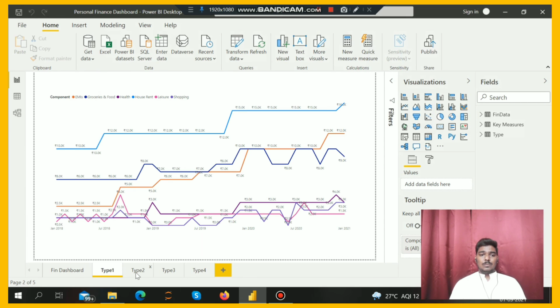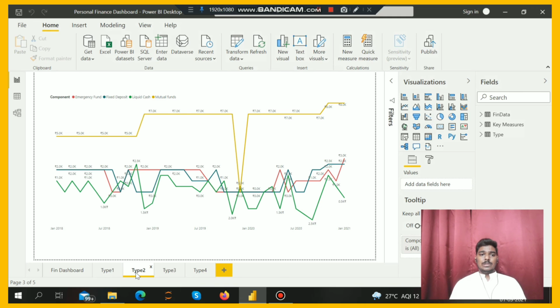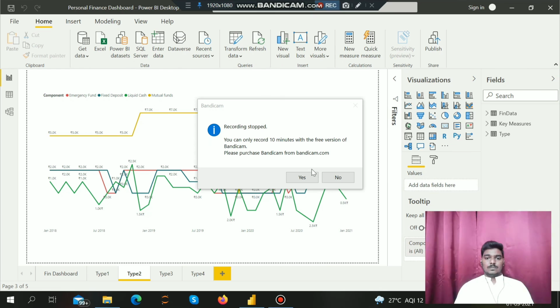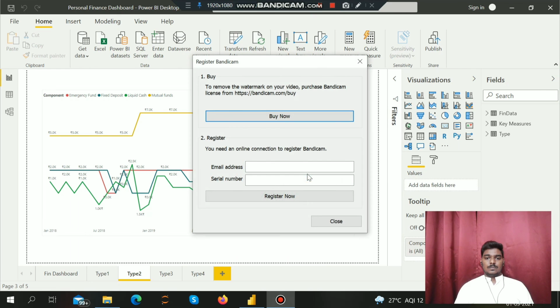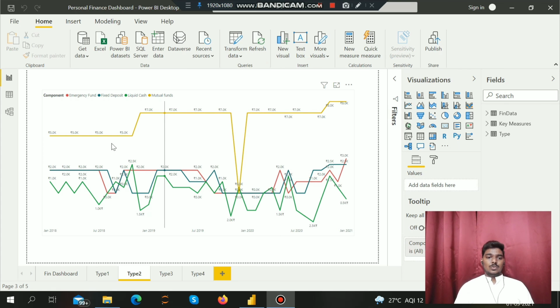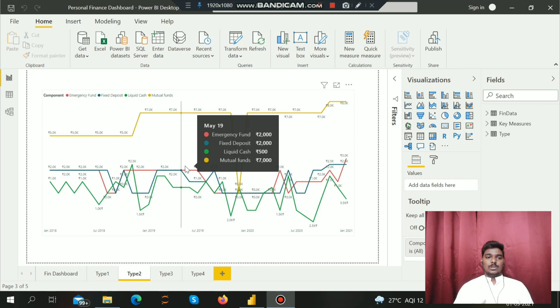Then there is a type 2 I have created. Type 2 is again a component, but at a different range, like 2019 and 2020. It's basically 2018 January, 2019 July.